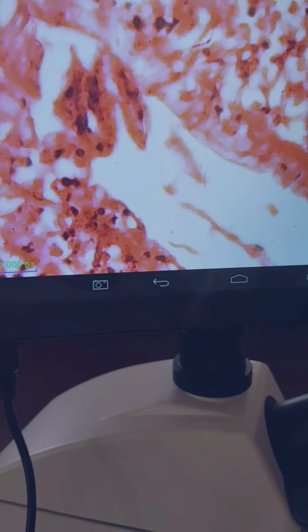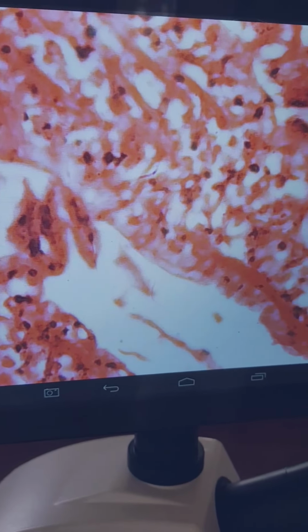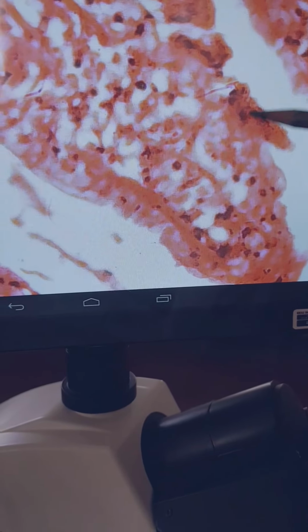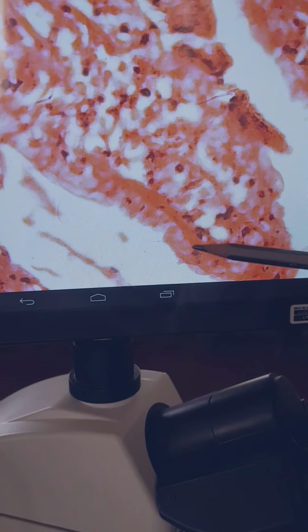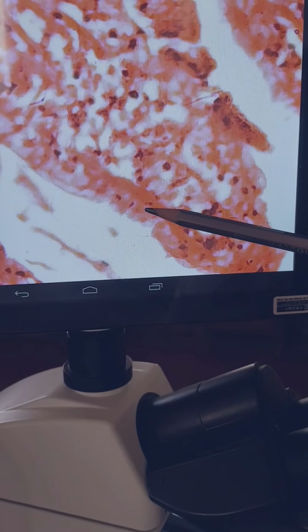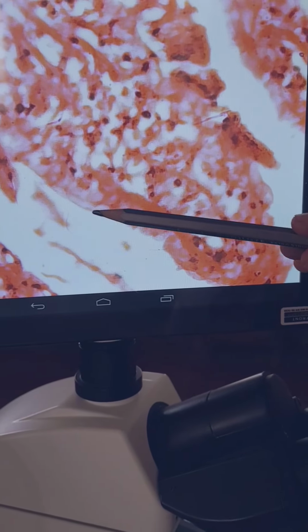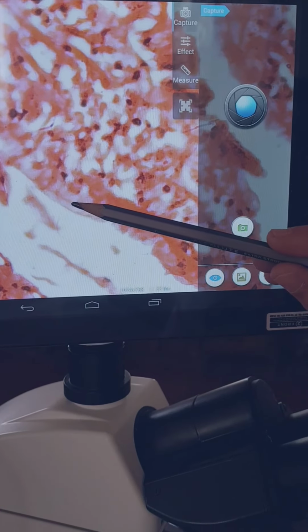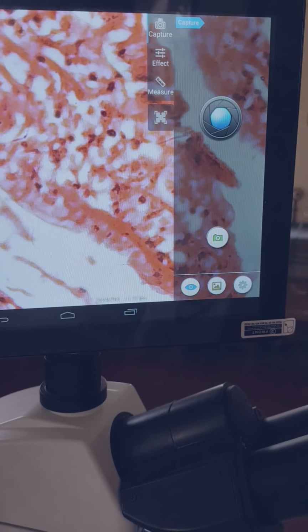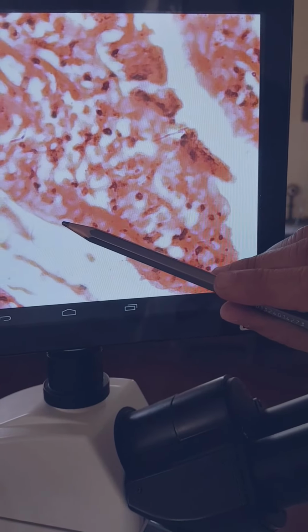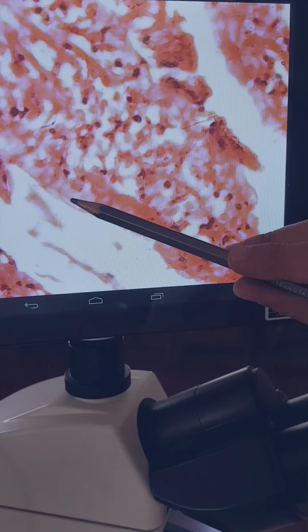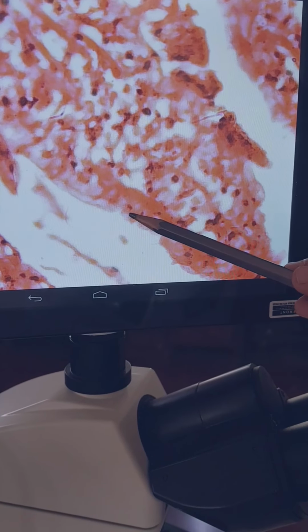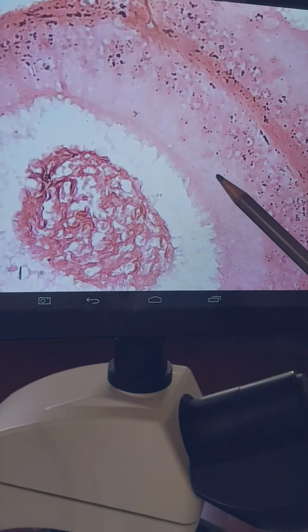Yes. See, this is again simple columnar epithelium lining the small intestine. These are all villi. This is the lumen, and these are the columnar cells with oval nuclei at the base. Here you can see the striated border. See, these are the microvilli, and this is forming the striation over the epithelium. This is called the striated simple columnar epithelium of the small intestine.